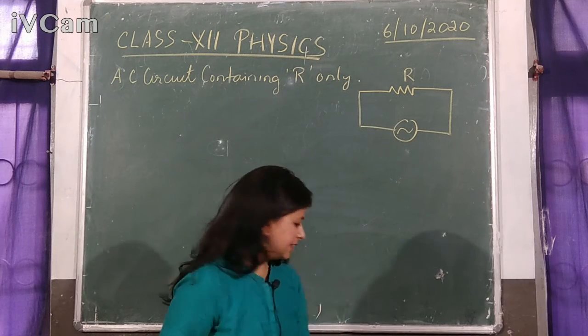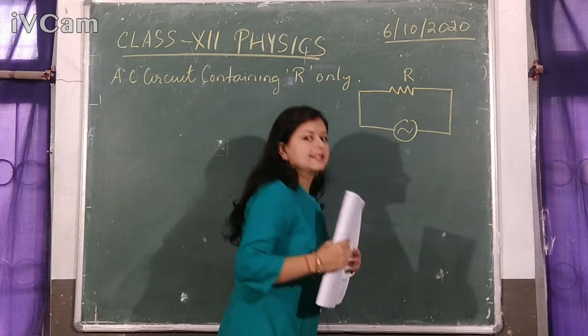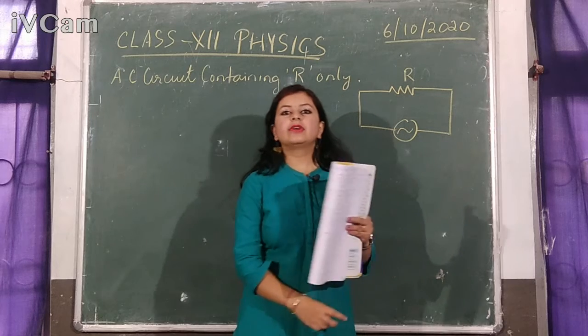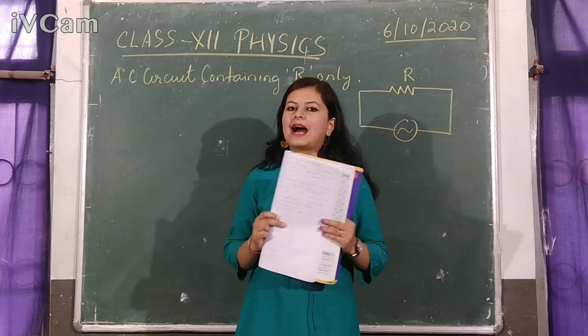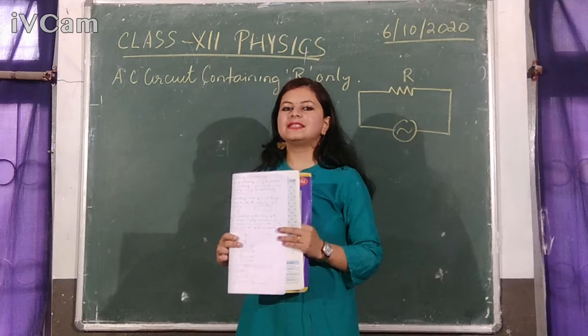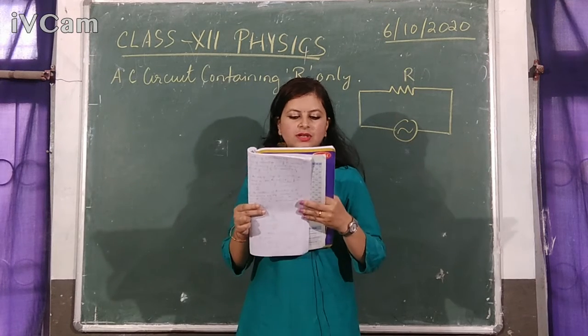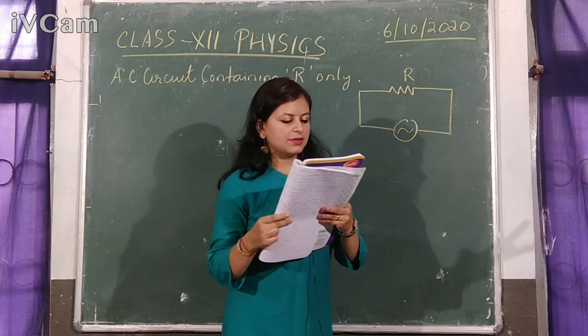The first circuit is AC circuit containing resistance only. Here I must tell you in the beginning that we are going to analyze circuit containing R separately, L separately, and C separately. Then we are going to combine all these three in series. So let's begin. We assume a source of